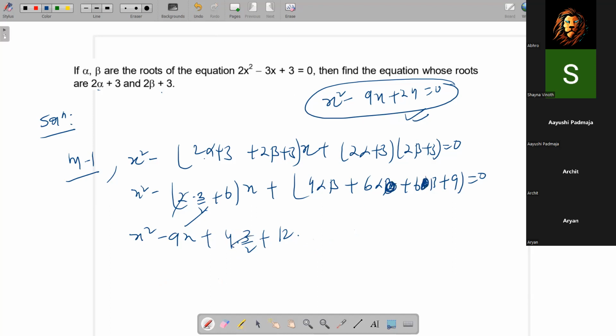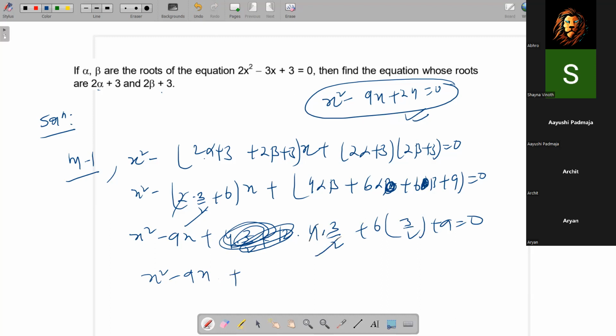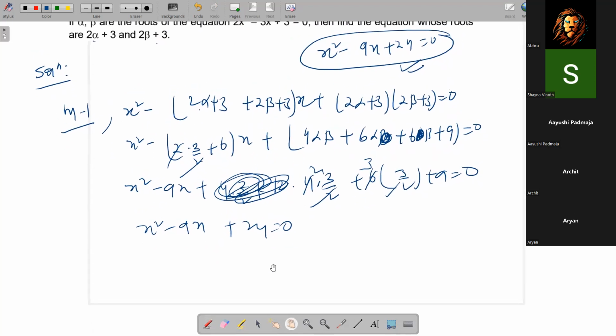Like this. So this is 4 alpha into beta plus 6 alpha plus beta. That is 3 by 2, and plus 9 equal to 0. So this is x squared minus 9x plus 6 and then 18, 24, equal to 0. This was the first method. For the second method,